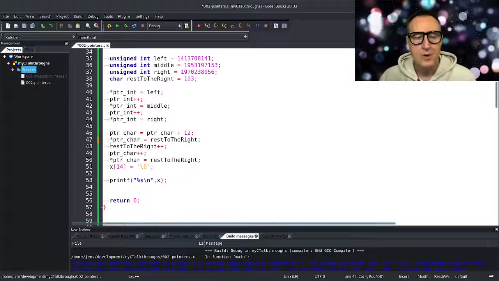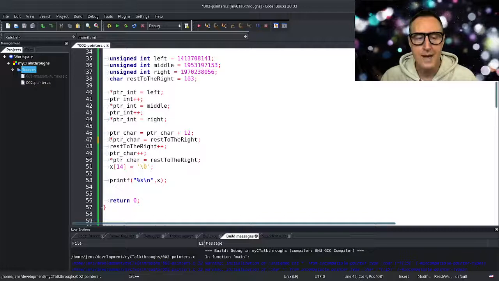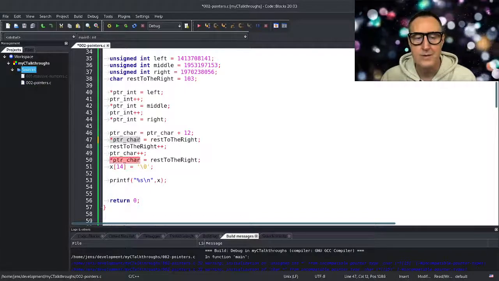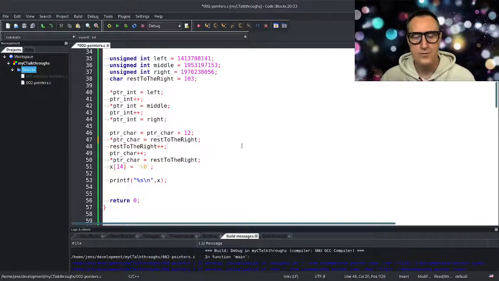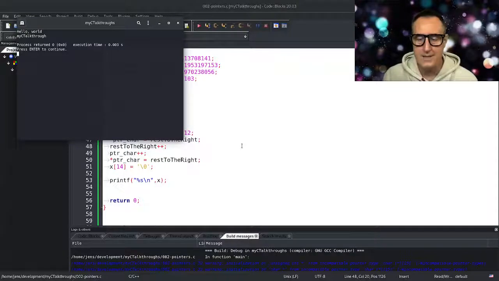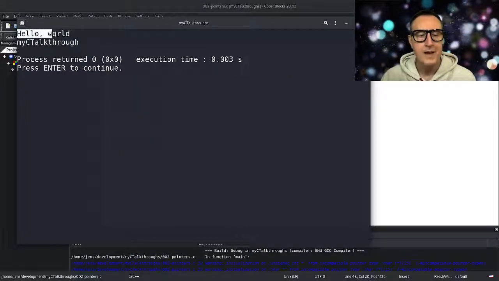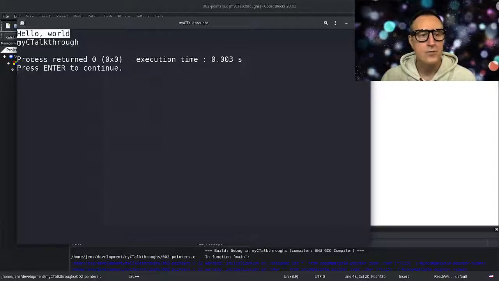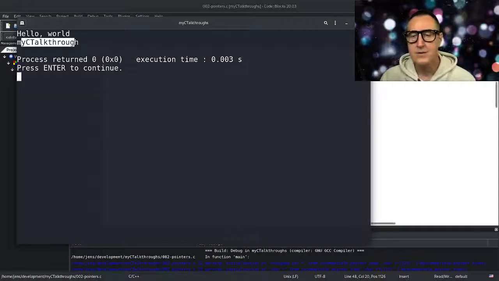So what I have to do here, I have to point to the spot. I have to dereference the pointer. And there I want to write the value to. So another try, we let it run, and as you see, I turned hello world to myCTalkthrough